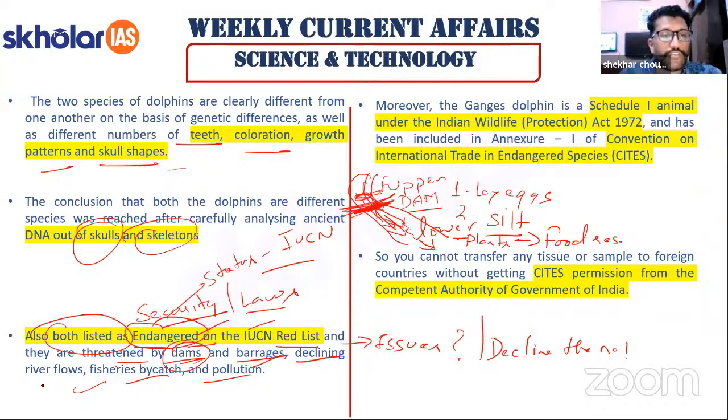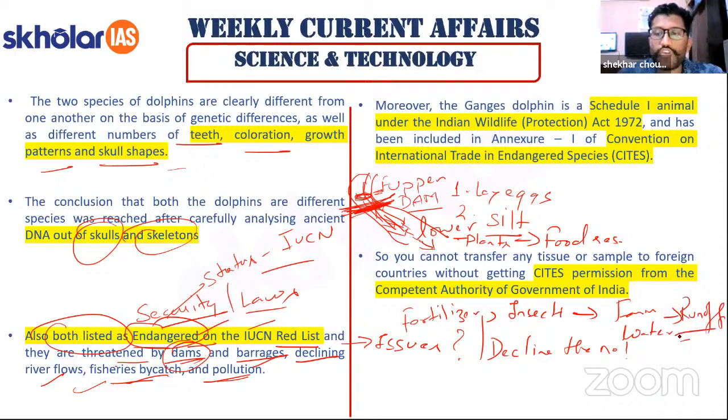So there are declining river flows, fisheries catch, and pollution. How is pollution affecting them? All the fertilizers and insecticides in farm runoff water go into the rivers, and it eventually affects them. And then there is also a lot of on-spot pollution. For example, there may be